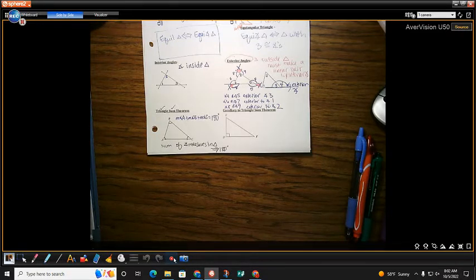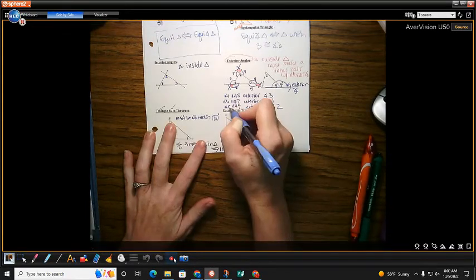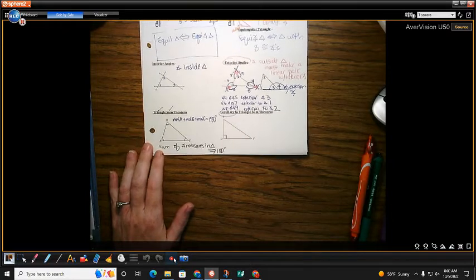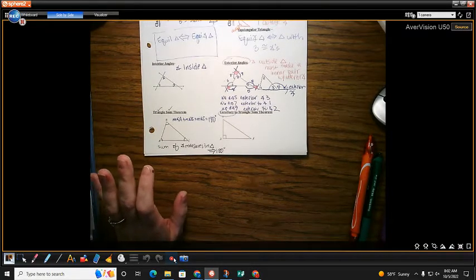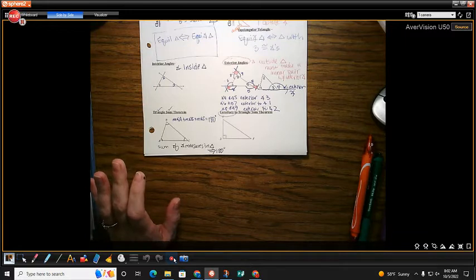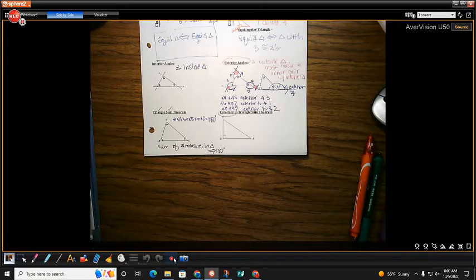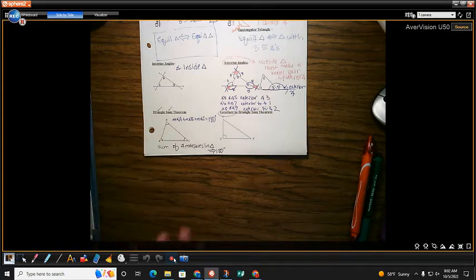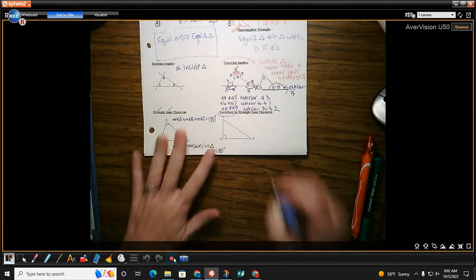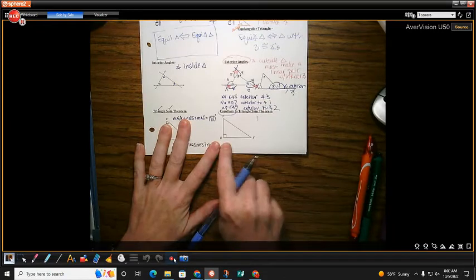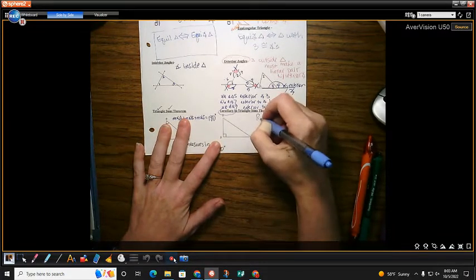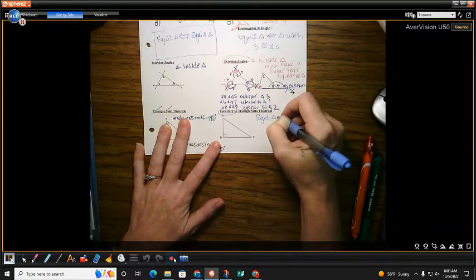Oh, look, right next door. We have a little thing called a corollary. Not a coronary, that's your heart. Corollary. You know what happens with corollaries? Correlate. They correlate. No, they co-relate. They follow from this guy. So from this guy, something special happens when you have what kind of triangle is this? Well, it's a right angle, which makes this a right triangle. So when you have a right triangle,